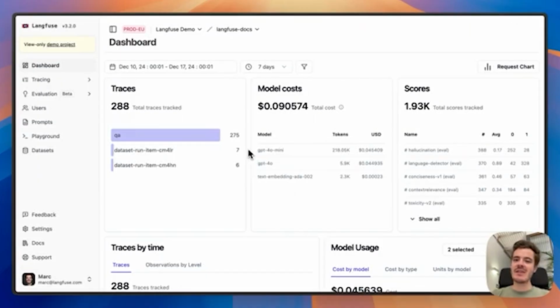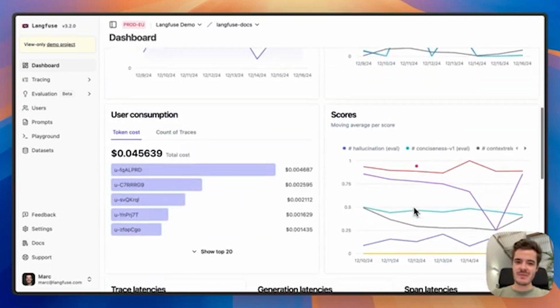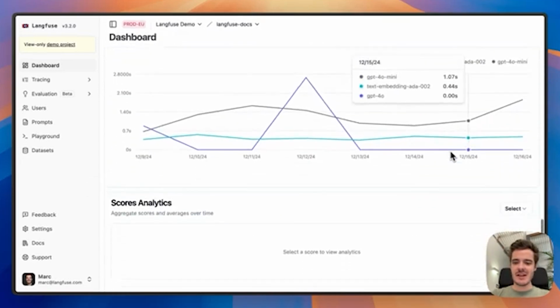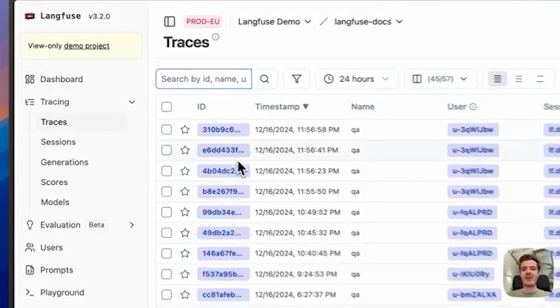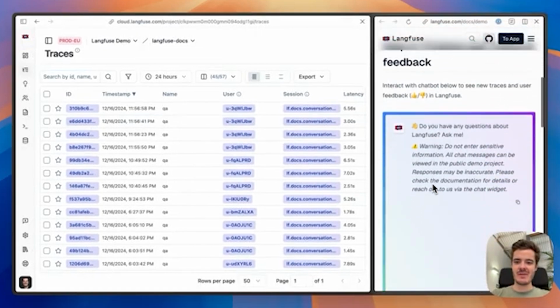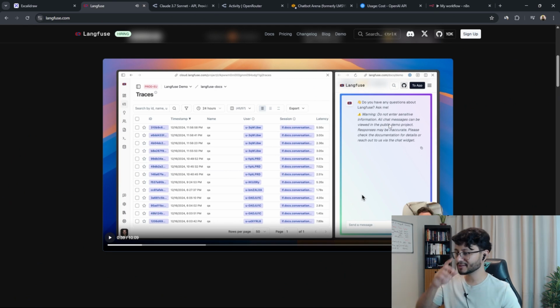On the LangFuse dashboard, you can see all important metrics to monitor your LLM application. This includes overall volume, usage by model or token types, cost breakdowns by user, latency distributions, and quality metrics. Tracing is at the very core of LangFuse. When we interact with this example application, which is available in our documentation, by asking questions about LangFuse, and then